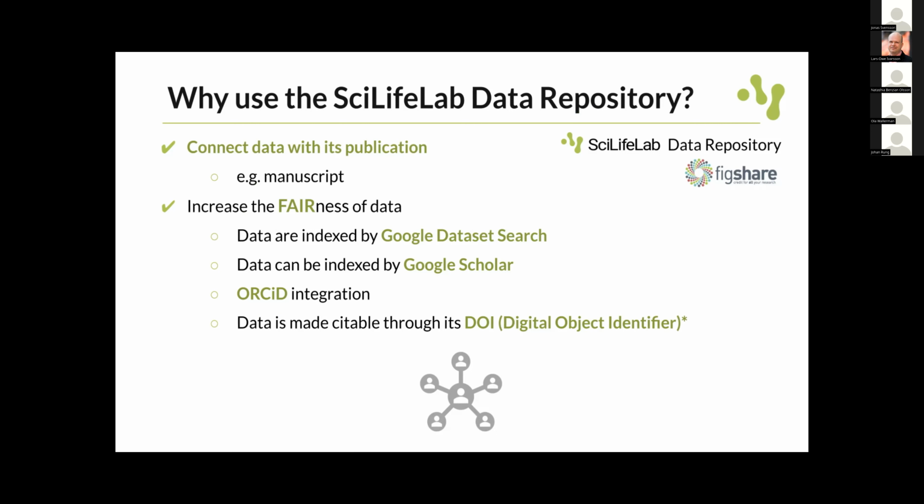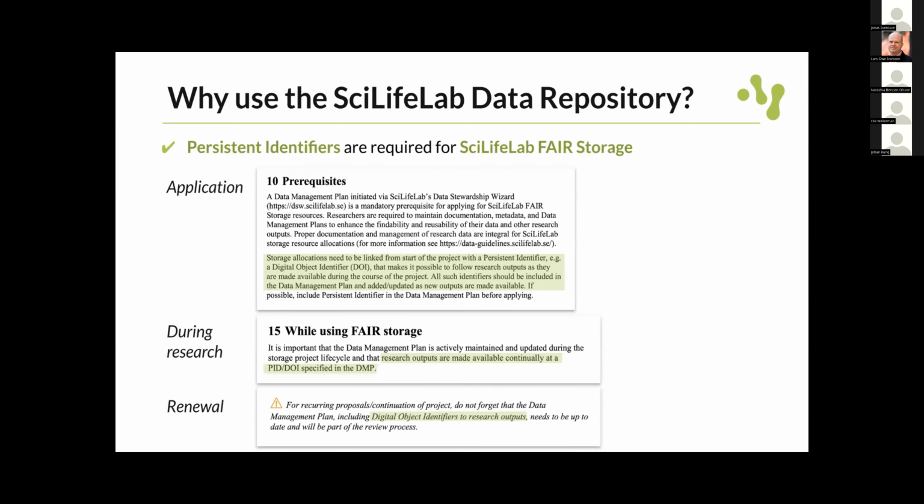For instance, data are indexed by Google Dataset Search and Google Scholar. Also, data is integrated with ORCID, which is a person identifier, so the research outputs can be linked to you directly. And also data is citable through a digital object identifier, or DOI. And something that is very important to remember is that generating these persistent identifiers is important and required for the